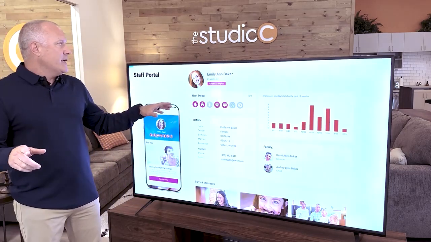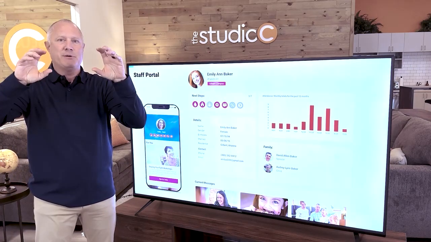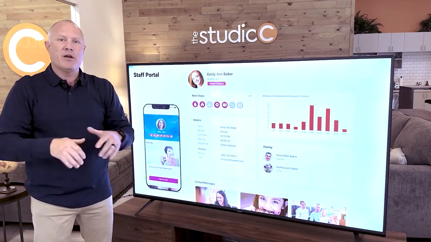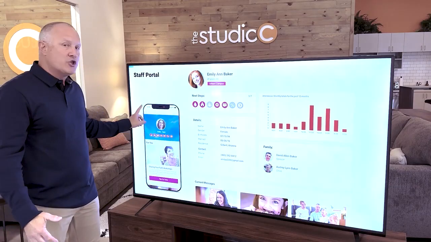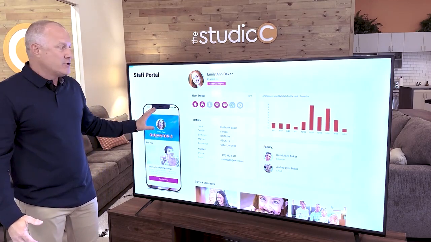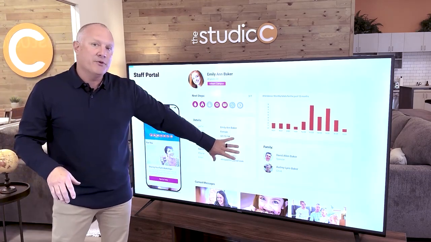Okay, so in addition to this, what you're getting a feel for is we're arming the members to manage their discipleship journey. Well, the next segment that we're trying to arm is your staff. So literally inside of your mobile app, your staff is going to be able to look up member information. Let's assume Tara is a staff member. This is her badges, this is her dashboard, these are her personalized messages, but she gets this search bar right up top here. In that search bar, if she's going to go meet with Emily, she just types in Emily's name, and this is the view she gets of Emily.